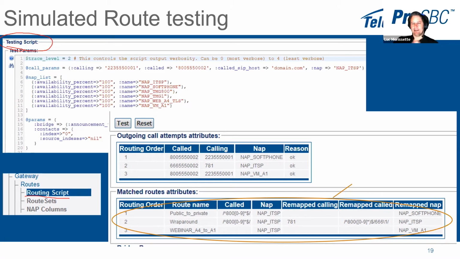Okay. And what you can do here, testing script, is simulate an incoming call. So you can simulate what you receive as a calling number, as a call number, as a network access point, or the source of the call is this network access point. And you can add all kinds of other parameters here. When I will show you the routing scripts, I will show you the parameters that are available, and any of those parameters can be put here to simulate what will be received in your system. Now,